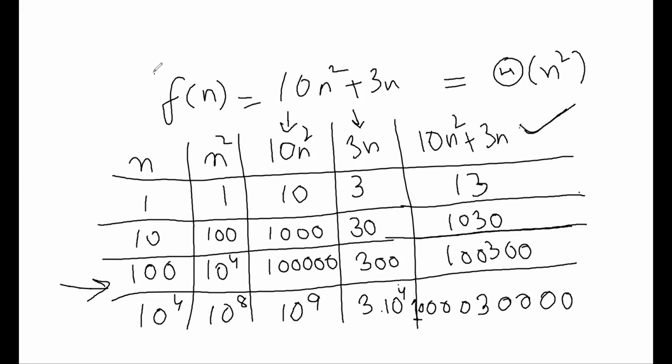It is 300, right? So if I tell you to go and increase the efficiency of the program, revisit your code and see what you can improve, which loop will you go to fix the problem? Where are you spending most of the time in the program? You're spending most of the time in that part of the code for which the runtime is 10n square. As against 1 lakh units of time, you're just using 300 units of time in the other for loop. So even if you go and fix that for loop, and for that 3n, if let's say you reduce the time to 1, for example, your runtime is still going to be